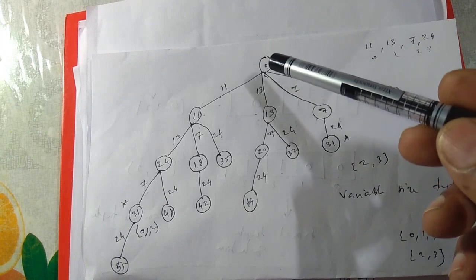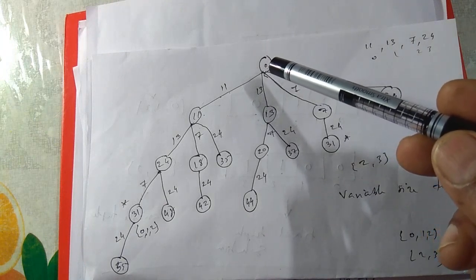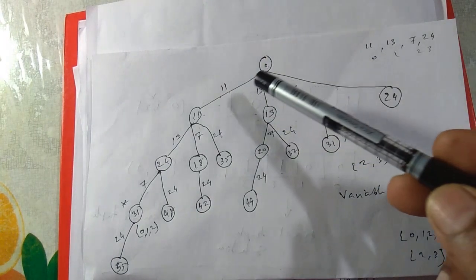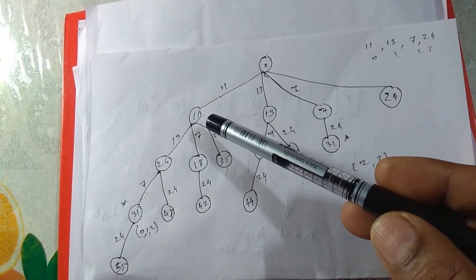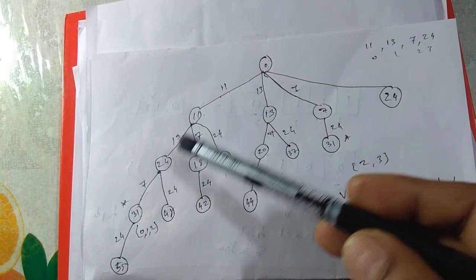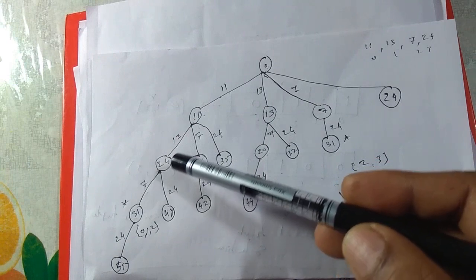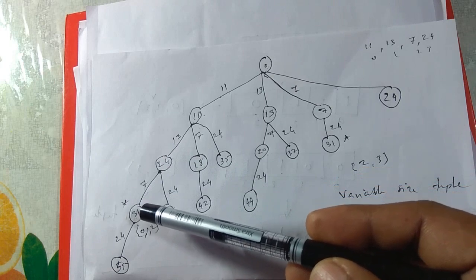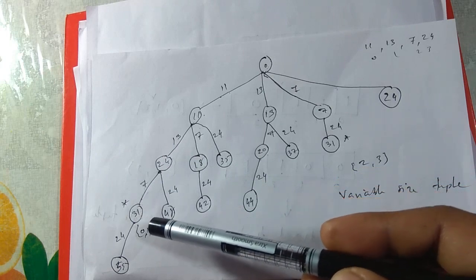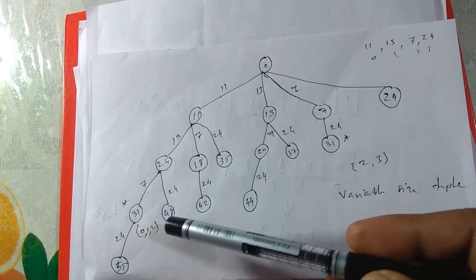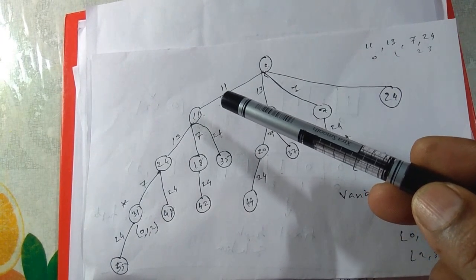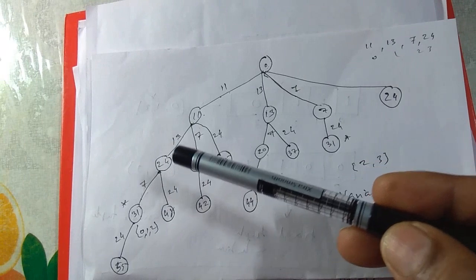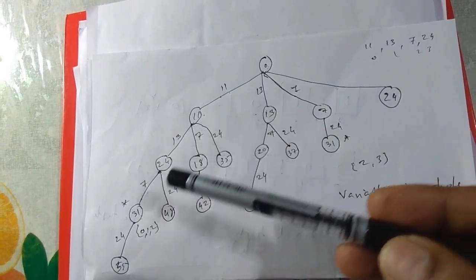See here, sum equal to 0, this is our root, and we are considering the first element 11. Our set was 11, 13, 7 and 24. First element 11, we will get a sum 11. Then we will consider next element 13, we will get a sum 11 plus 13, that is 24. We will consider next element 7, 24 plus 7, 31, and we found the target sum. We are printing the resultant array, that is element with index 0 is considered, element with index 1 is considered, and element with index 2 is considered. So 0, 1, 2. This is our resultant array.